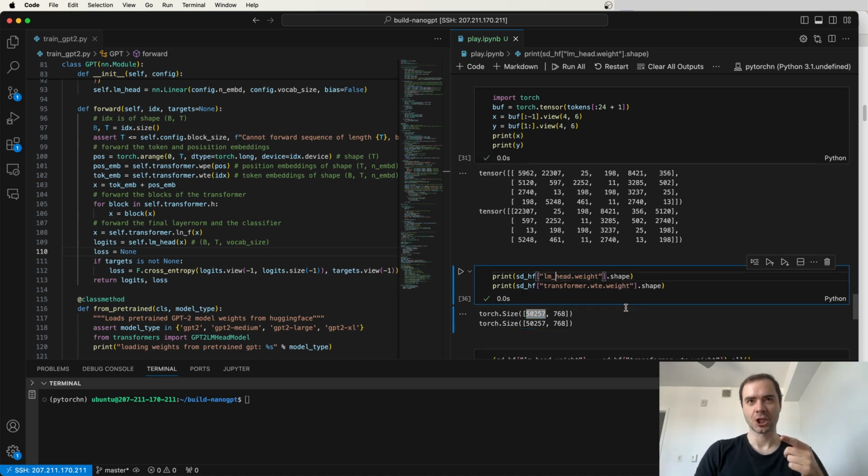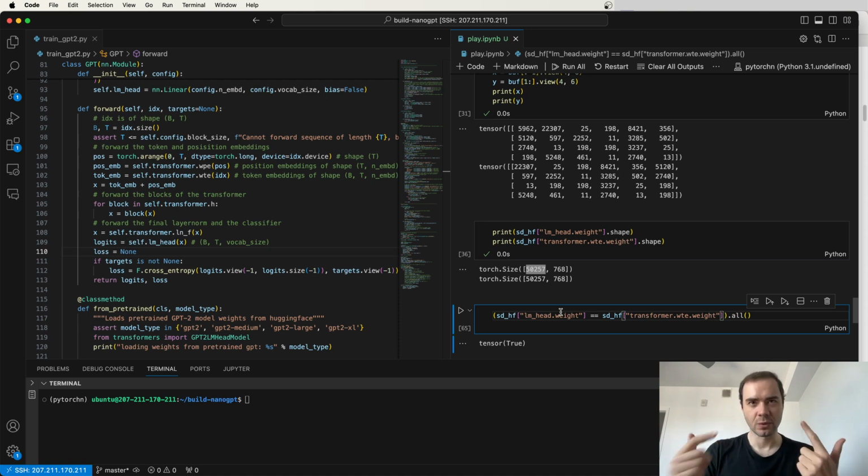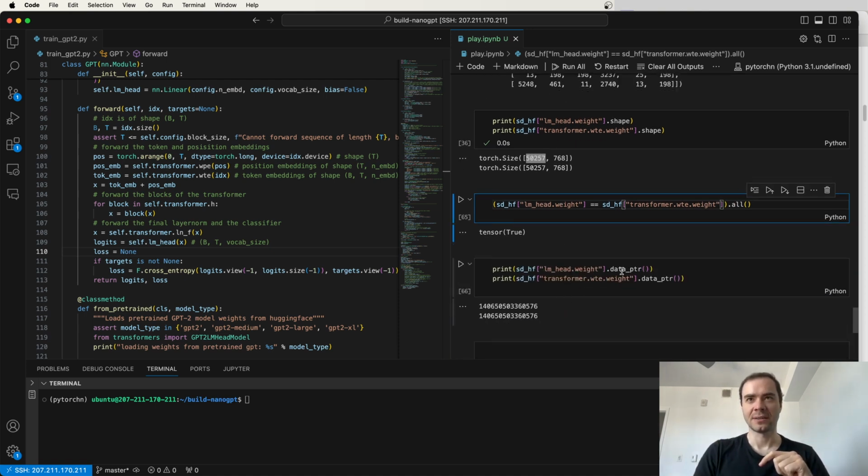So they're both the same shape, but more than that, if you compare their elements in PyTorch, this is an element-wise equality, so then we use .all, and we see that every single element is identical. And more than that, if we look at the data pointer, which is a way in PyTorch to get the actual pointer to the data and the storage, we see that the pointer is identical. So not only are these two separate tensors that happen to have the same shape and elements, they're actually pointing to the identical tensor. What's happening here is a common weight tying scheme that comes from the original